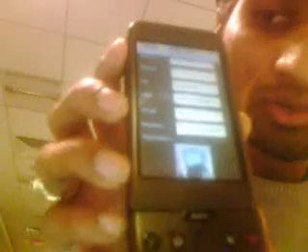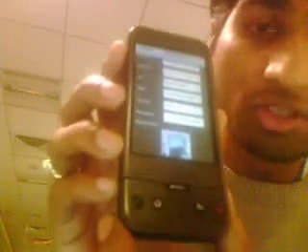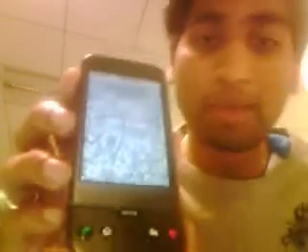Now let's move on to the most important function of this app, geocoding the business location. To geocode a business location, click on menu, then click on map. This will open up Google Maps for you. Zoom into the area where you want to map the business. Once you have found the location, just touch your screen where the business location is. There is a marker which will automatically move on to the selected location, and this will automatically save the geocode